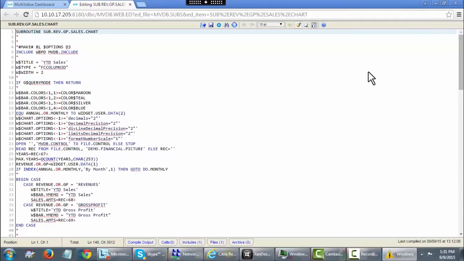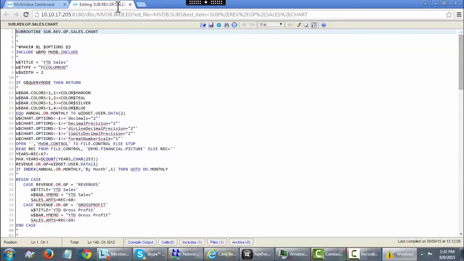As we come into this subroutine, every subroutine gets called twice. The first time through is for it to pick up what are the characteristics of the widget. In this case, the title, the type, and the width are what are going to be picked up in that first call, passed back to the calling program. If we are doing maintenance on widgets, it's going to go out and see for each one of the widgets what characteristics they have